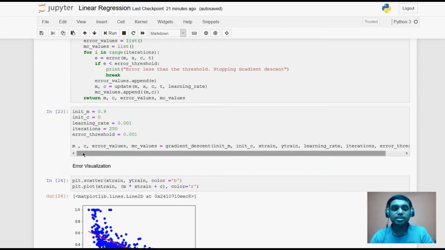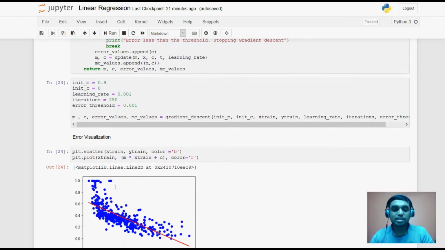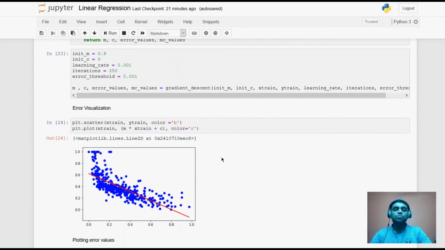Now to find out the values of m, c and error values, I'm going to pass this complete data set through this gradient function. After running this, we get the values of m, c, error values, and so on. Now we'll have error visualization. I'm going to use scatter, available in matplotlib, with xtrain and ytrain in blue color.